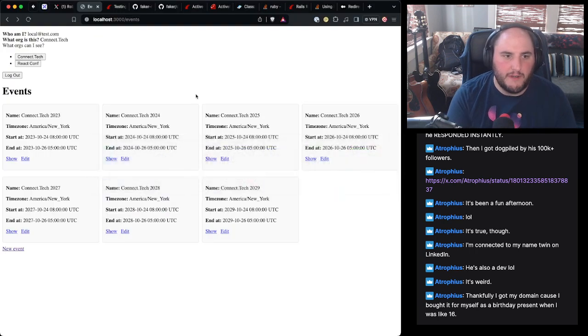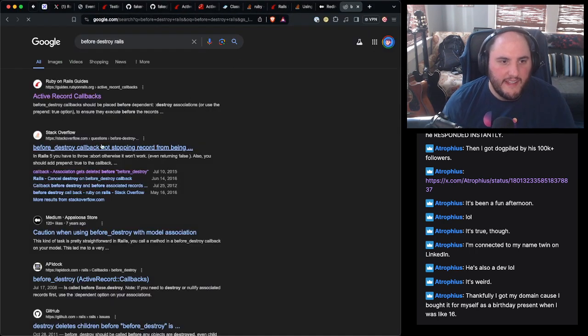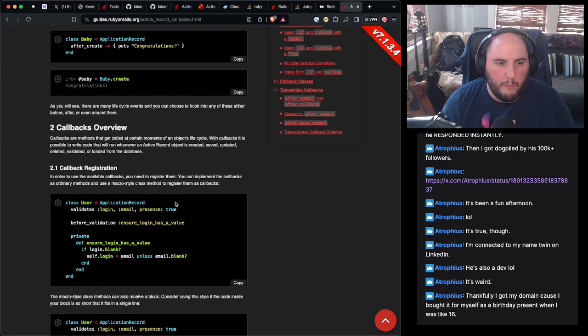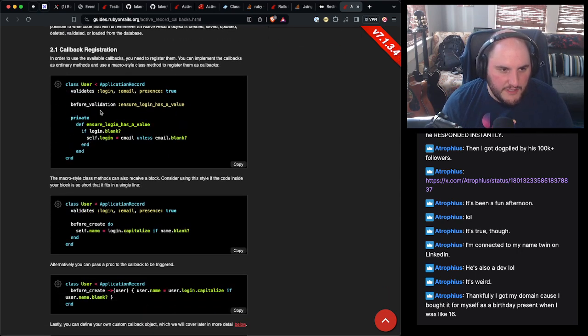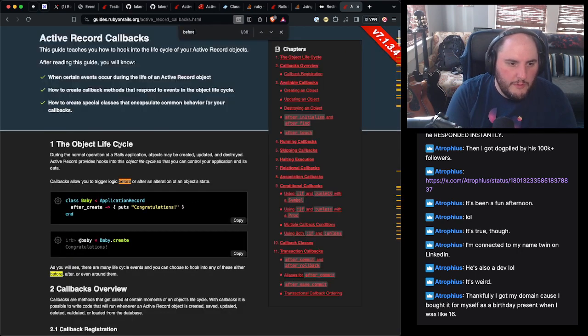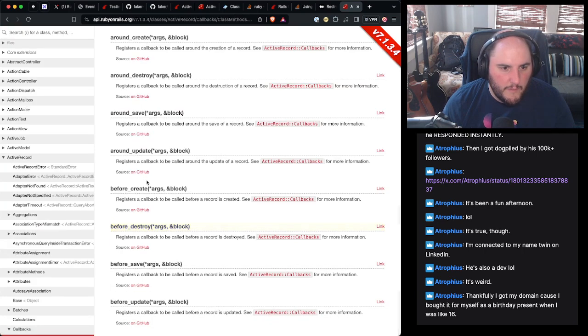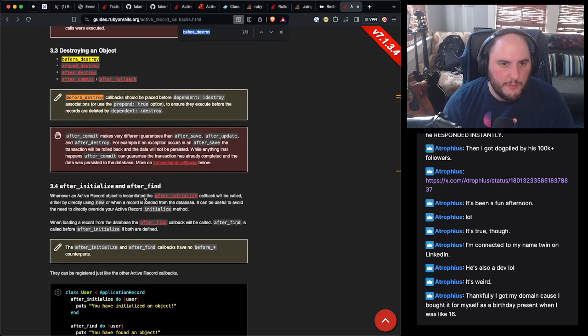Now, we read something about before destroy in Rails, about this needing to be done before relationships, I believe, but this is showing it after. So we'll do this the way I think we should. We can just do before destroy.